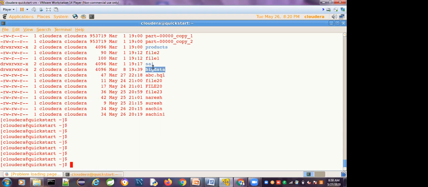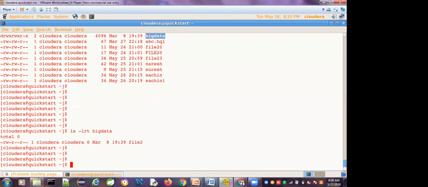How can we identify whether this is a directory or a file? How can we identify whether the given file is a regular file or a directory? I will give ls -lrt on big data. It displays 7 fields.